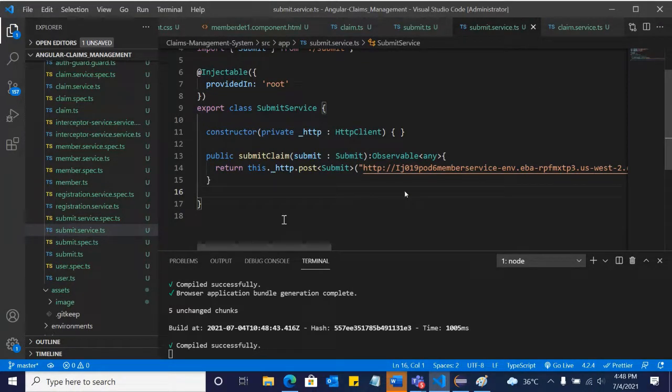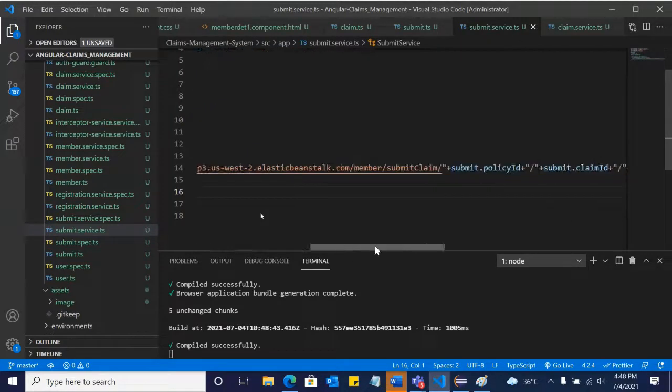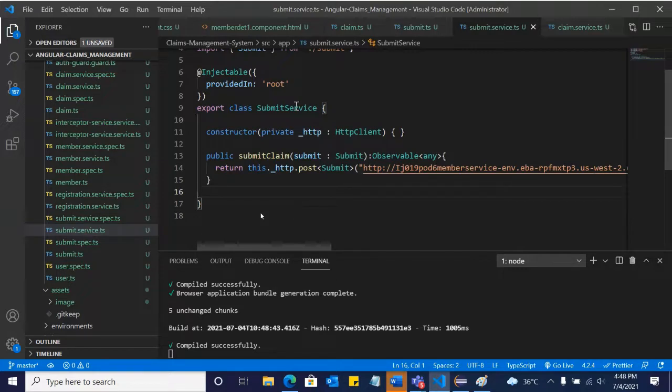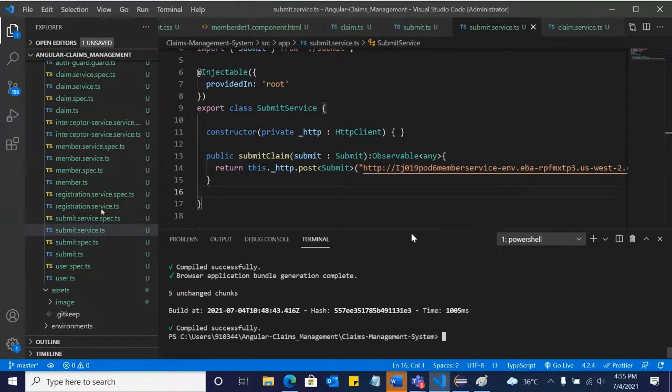And now we have to just build my Angular project and upload it in S3 so that we can access our Angular website from the S3 with all the microservices which we have already deployed in EBS. Okay, so now I will write the command to build this file to upload it on the S3 bucket, prod. Okay.